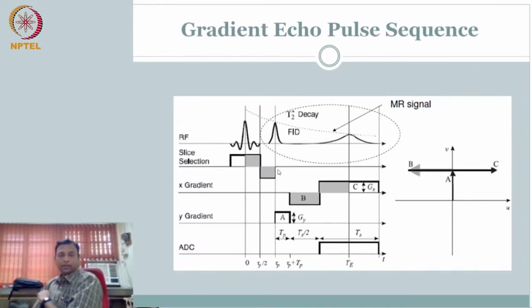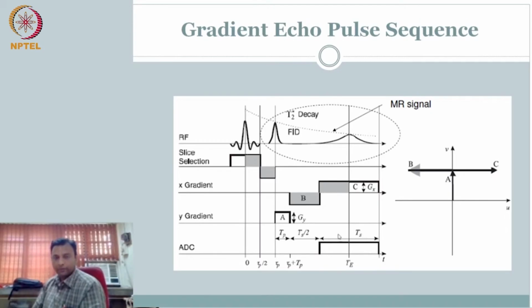So we can combine your gradient echo and your phase encoding. We can travel to the negative axis and move up and down in the v. So this is the pulse sequence: RF excitation, slice selection, refocusing. I am not recording the data, so ADC is not your free induction decay here. Rather, I am applying a phase encoding. Just after that, I am doing a frequency encoding and I am reading out the gradient echo during the frequency